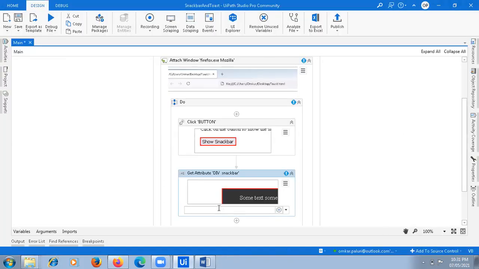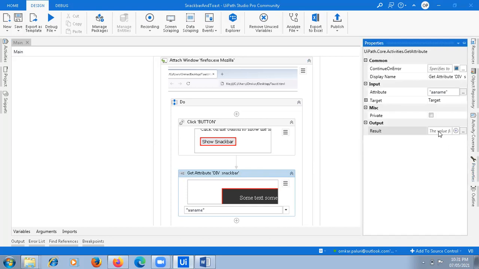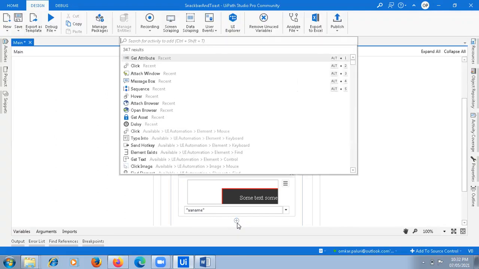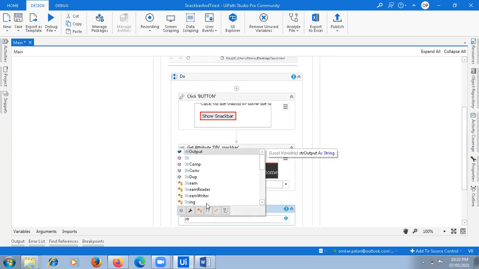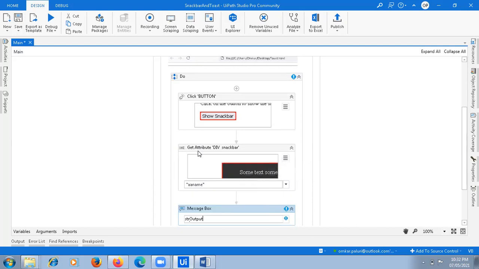And here I'm passing the aaname in double quotes. In properties, to extract that toast message result, I'm creating one variable, strOutput. The next thing is to display it in a message box, strOutput, and save it.